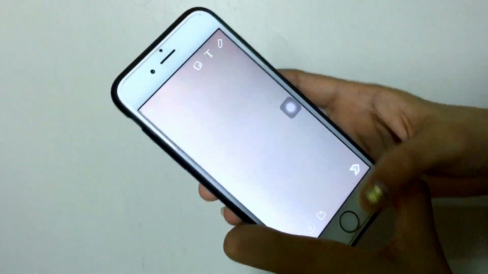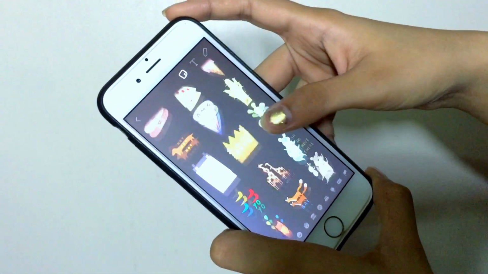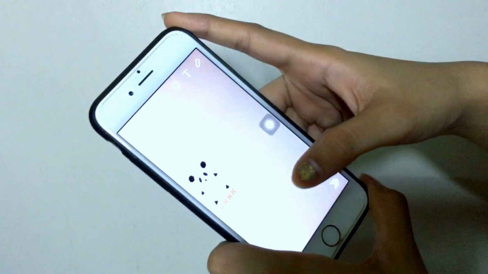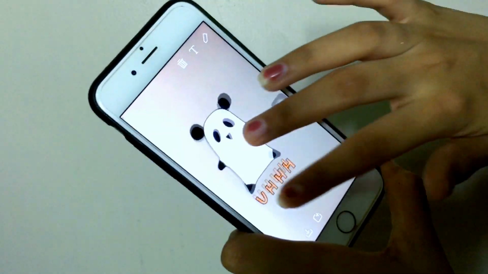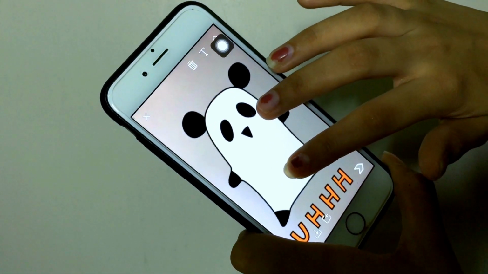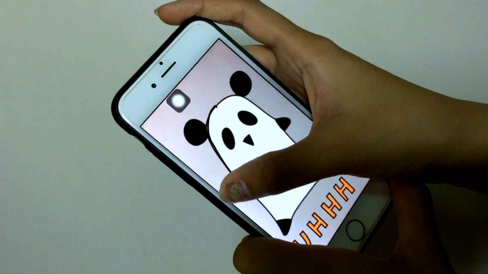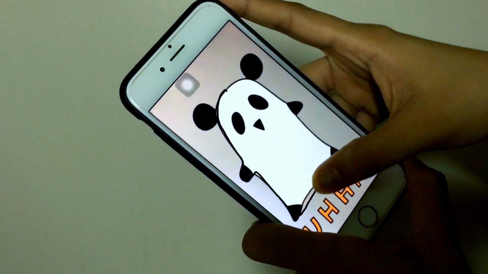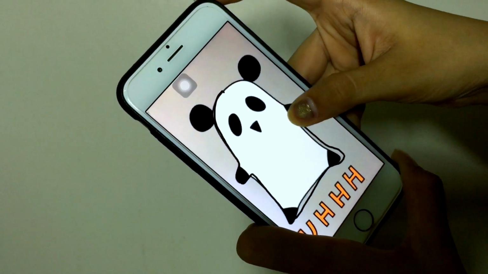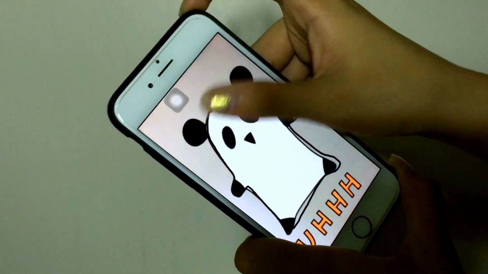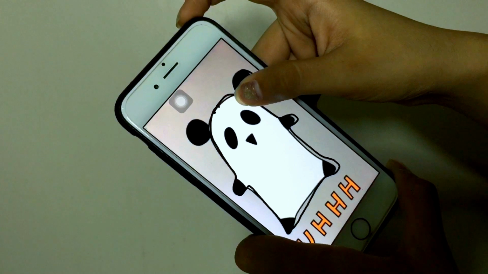The next thing I'm going to show you guys is how you draw something with the help of an emoji. For this cute hat, you're going to have to select any emoji you want to. For example, I selected this one. It's too cute, but I wanted to draw this myself. So what you're going to have to do is just use the pencil icon and just trace the emoji. Basically just use the emoji in the form of a stencil and get the same exact emoji in the form of a drawing.